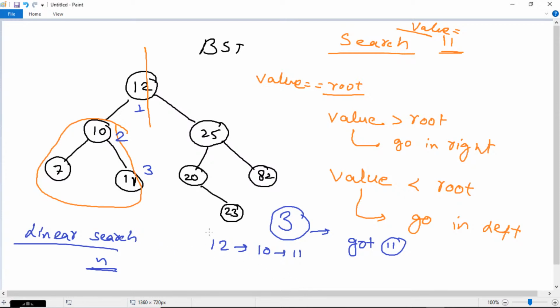So every time I am doing half of this tree. Initially, how many elements do I have in this tree? The total number of elements in this tree is 8. So the first time, 8 elements, then if I go to the left side, I only traverse the remaining 3 elements. So the search space is reducing, and if I want to see the complexity of this,